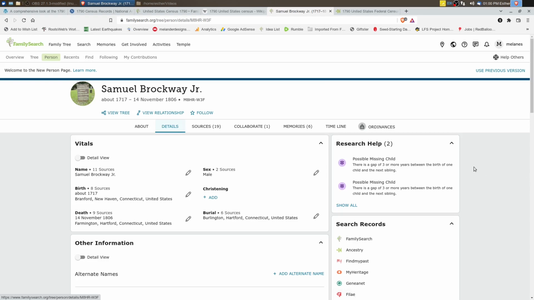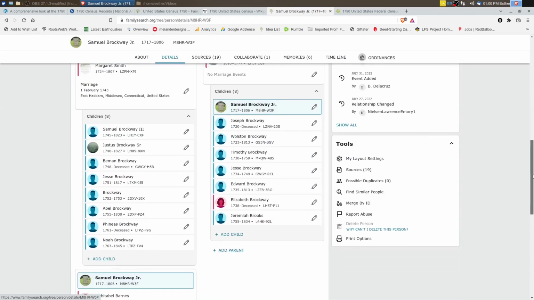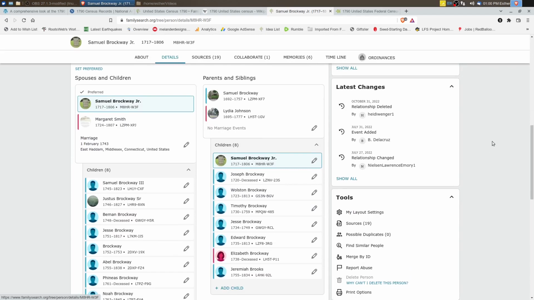Samuel Brockway is an interesting person because he and his wife, Margaret Smith, had a very public and ugly divorce, and that's recorded in the court records. And so that helps us confirm other information the court records give about Samuel Brockway's location and his family makeup. Divorces in the 1700s, while they did happen, were a little bit unusual. And in this particular case,